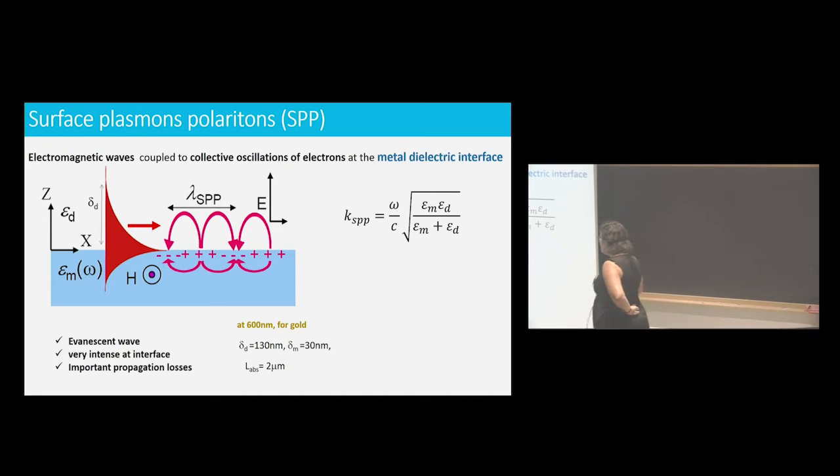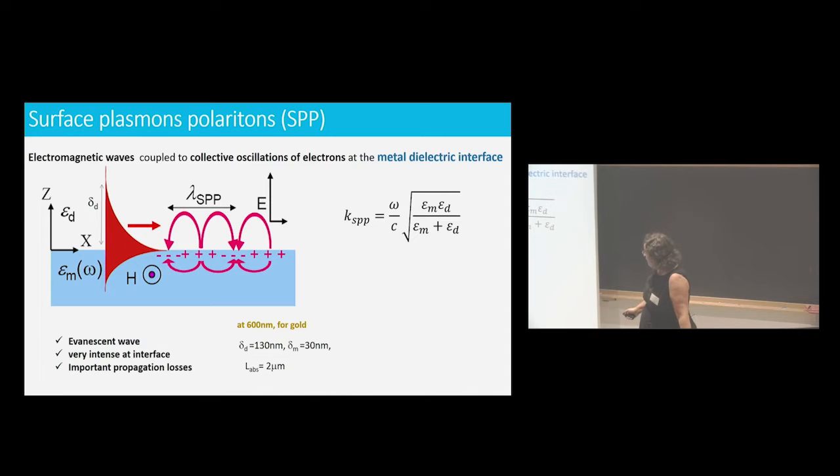And this wave has the specificity of being localized. So that means that this is an evanescent wave. So that means that if you calculate the distance on which you have intensity here, what you find is that this distance is typically, if you have a gold-air interface, 100 nanometers. And here, if you do the same thing in gold, you find typically at 60 nanometers wavelengths, 30 nanometers. So you will have a local field, and you have propagation along that direction.